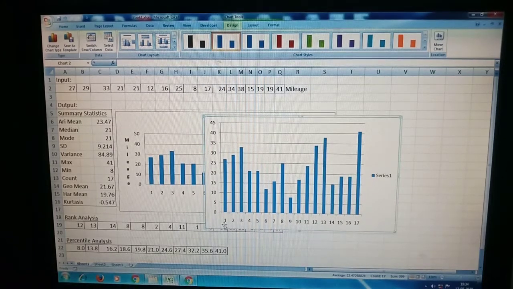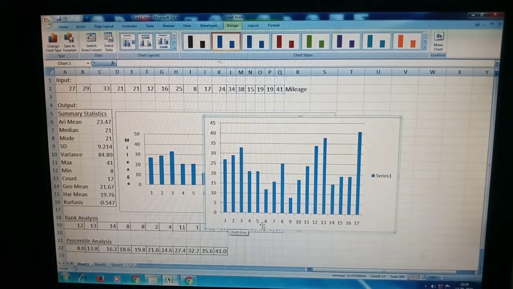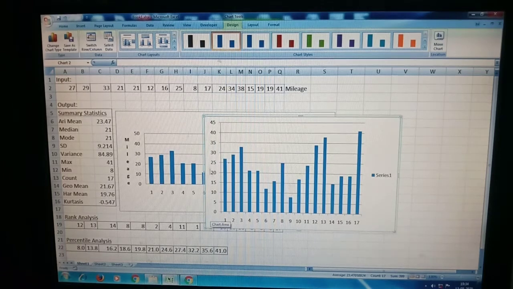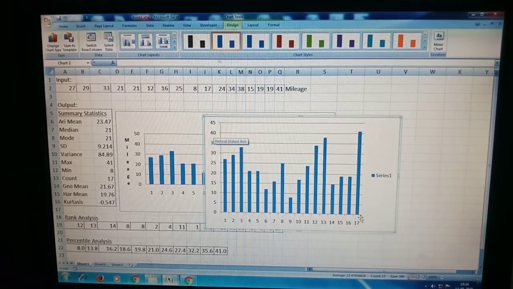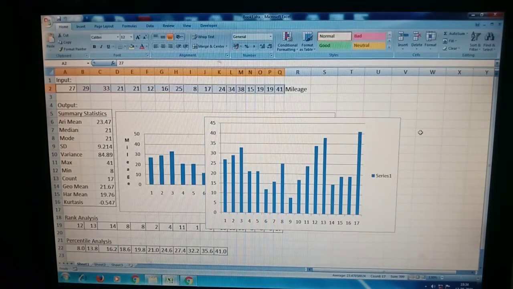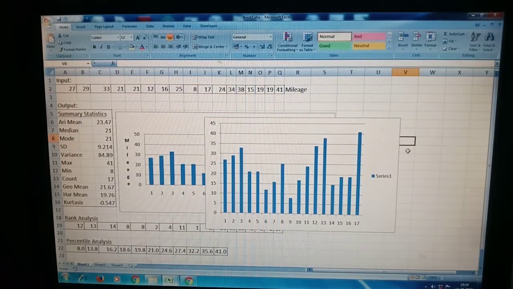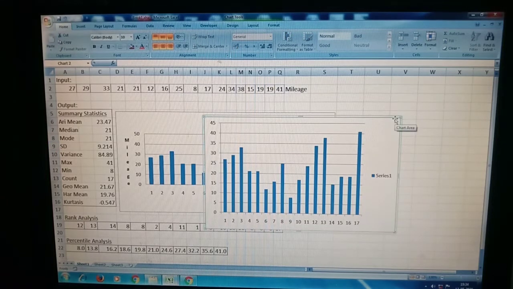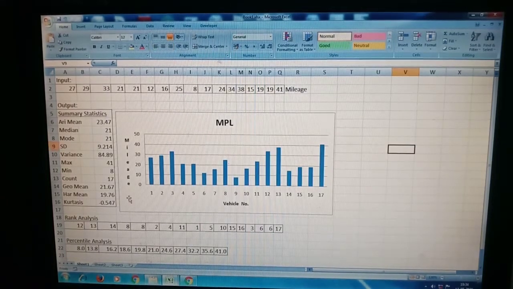In the x-axis, vehicle numbers are given. There are 17 vehicles. In the y-axis, the mileage is given. Now we have to customize this. For the x-axis give the label mileage, for the y-axis give the label vehicle number. You will get the graph like this. This is the output.